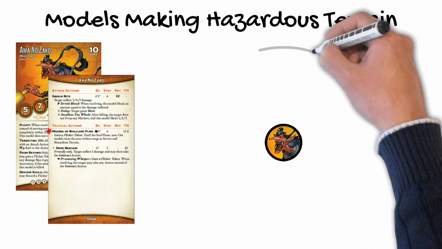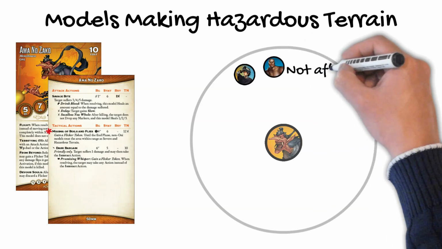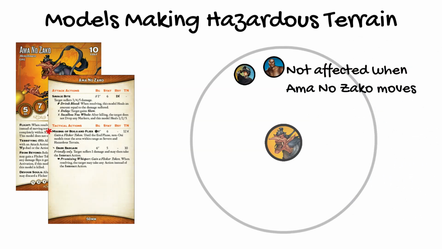Some models can generate hazardous terrain around themselves, such as Amanozako and her Miasma of Boils and Flies tactical action, which produces a 4-inch aura of severe hazardous terrain around her until the end phase. If there are enemy models within that aura when she moves, or if she moves close to an enemy model that winds up within that aura, those enemy models do not immediately suffer the hazardous effect, which in this case is just 1 point of damage. For a model to be immediately affected when hazardous terrain moves, it must be from a hazardous terrain marker, not just an aura. When those models later activate within that aura,